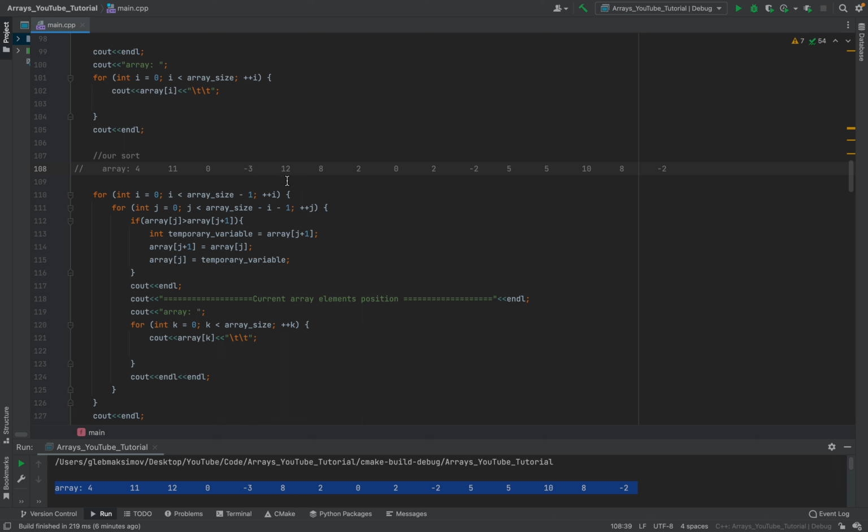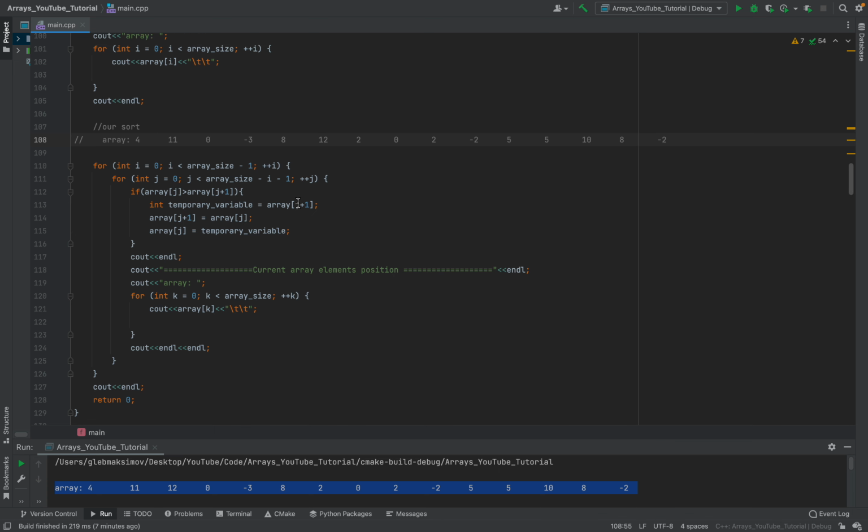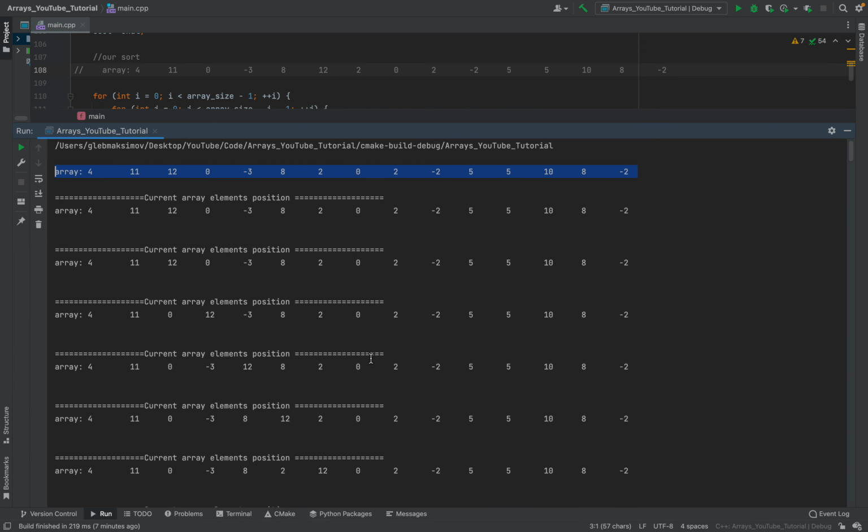Now we have 12 as the current element, and we need to change positions between 12 and 8 because 12 is larger than 8. Pasting this right here. The same situation with 12 and 2, with 12 and 0, 2 and -2, 5, 5, 10, and so on. Okay, it was the first cycle of our nested loop. And at the end of this loop, as you can see in the console, we have